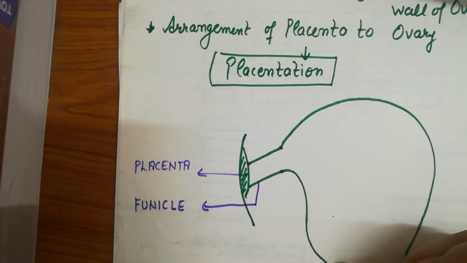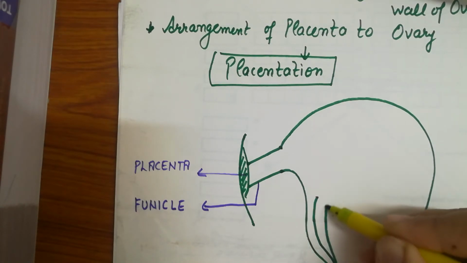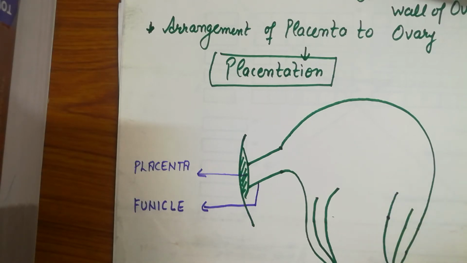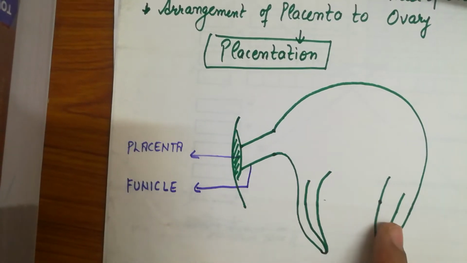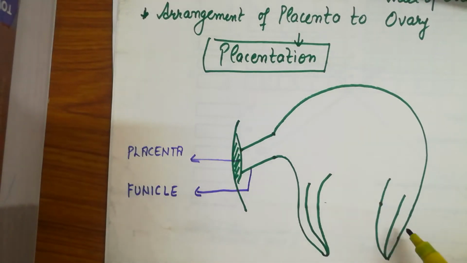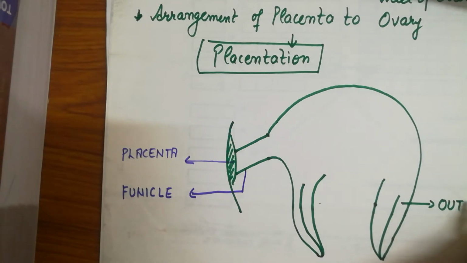Now this body has layers to protect it, right? It is protected with layers, and those layers are called integuments. Make them a little less wide. So these are the integuments. Now this is the outer integument and this one is the inner integument.